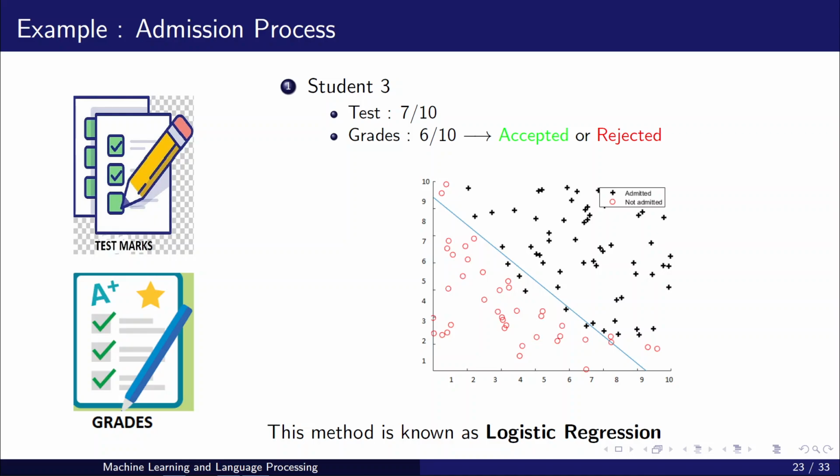Logistic regression can be used in a very similar fashion as a regression problem. You have data like this, you have a line like this, a regression sort of line, and you have a cut like this. But in the next step, whatever data is on top of this will be one category, and below this will be the second category. So it's a classification problem. So this method is known as logistic regression.